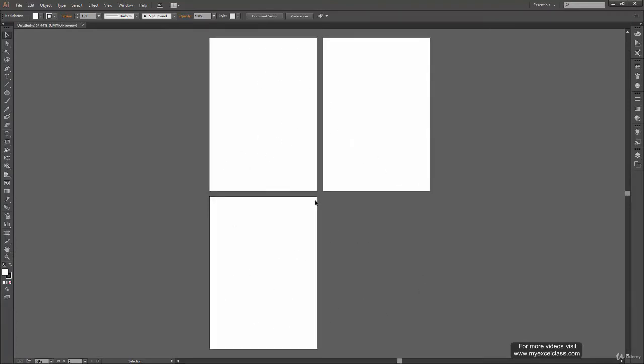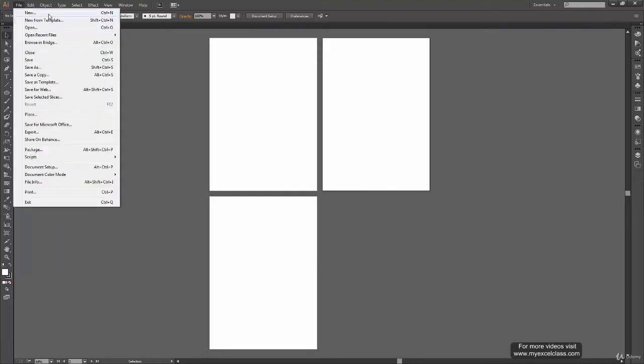Now I can click with my selection tool selected. I can click on any of the artboard and you can see there is a very subtle black outline around my active artboard. Like over here I have selected the second artboard right now. So you can see there's a black border around my artboard right now, which isn't present on these 2 artboards. If it's not visible in the video, you might want to try it on your software and it will be much more visible over there.